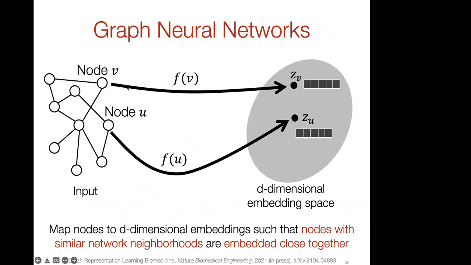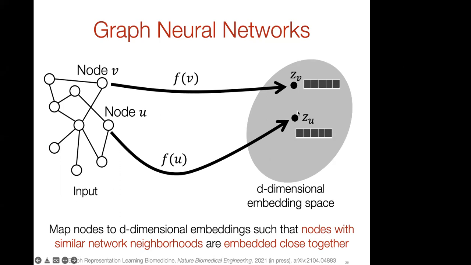The way this algorithm worked was that it took each and every node from this knowledge graph, so each protein node and each drug node, and the graph neural network is a nonlinear mapping function F that has some parameters that we will need to optimize during the process of training. But the idea is that for two nodes that have similar local neighborhoods in the input graph, they will be represented by points that are close to each other in the embedding space. And so this function F really maps nodes to the d-dimensional embedding space, and it does so in such a way that